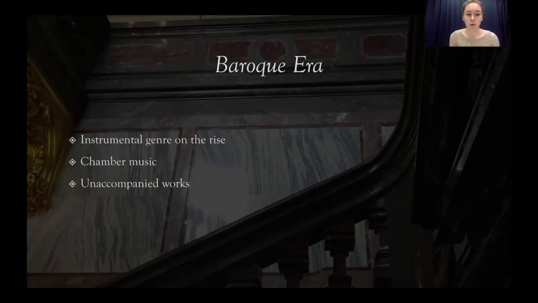Chamber music was an especially popular form of music at the time. Within this, two common forms were the sonata da chiesa, the sonata of the church, which had movements that were mostly abstract and a little more contemplative, whereas the sonata da camera, or the chamber sonata, was more focused on dance-like movements. This chaconne is from one of these sonatas da camera.